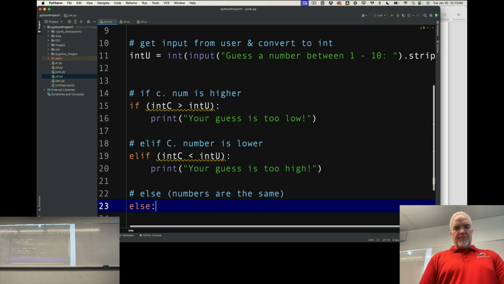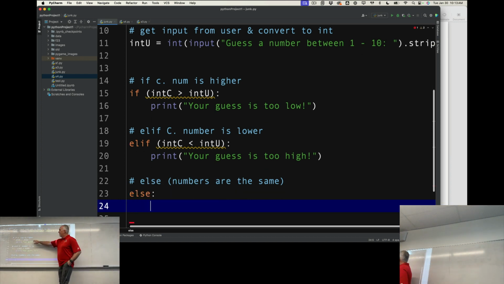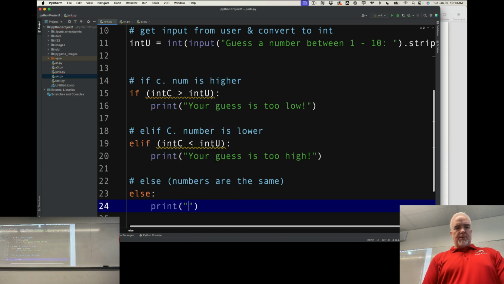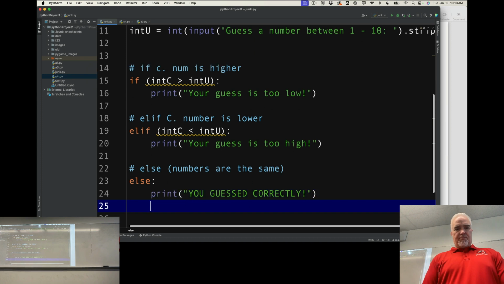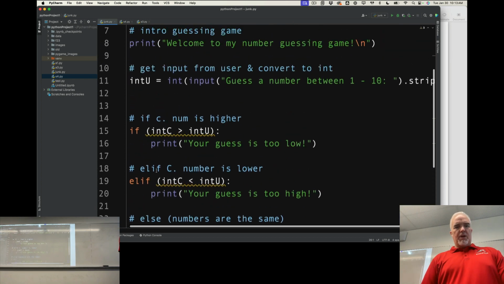And now else, the only other possibility, if it's not greater and it's not less and they're integers, it has to be equal. So print